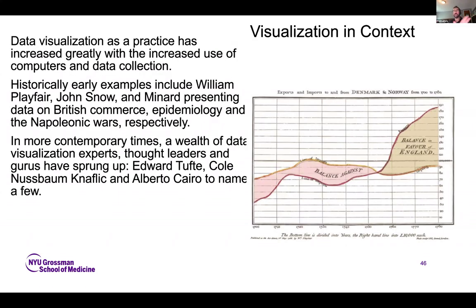And I mention this because in some of the historical context, a lot of thought leaders, a lot of data viz gurus, individuals like Edward Tufte, I just mentioned Cole Nussbaumer Knaflic, and Alberto Cairo, they really focus a lot on this idea of simplicity. They will frame things around this idea of clarity. And it's not to say you don't want to be simple and clear, but I think you do want to think about the broader scope, when sometimes the ambiguities of the data you're presenting are important to the end readers of that data.